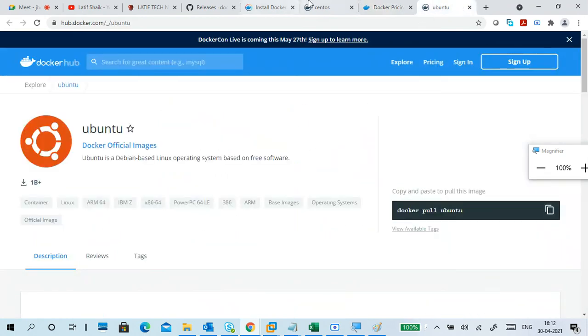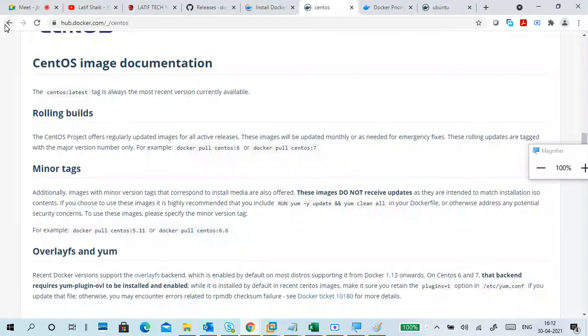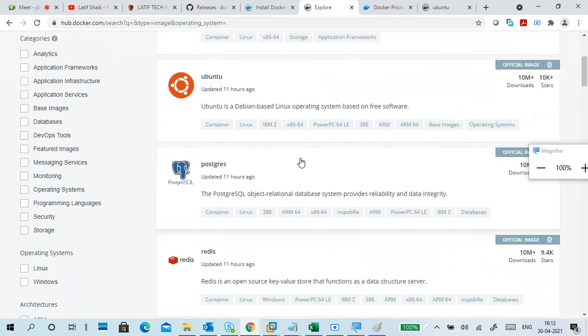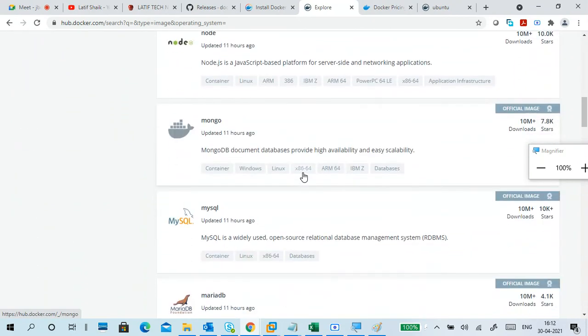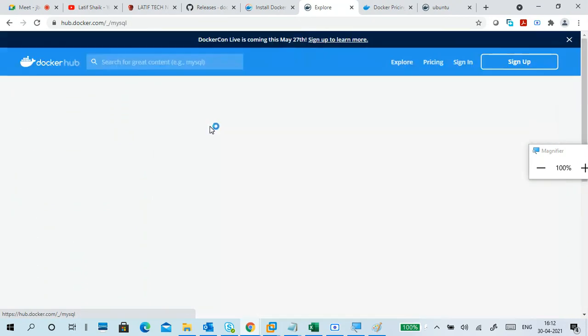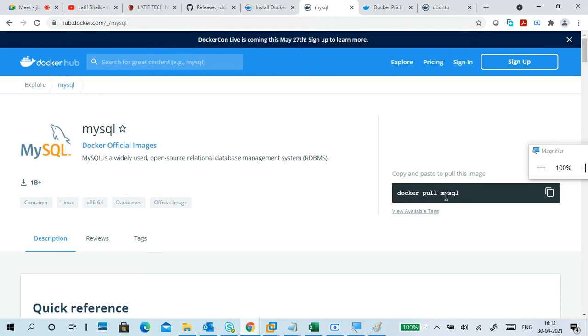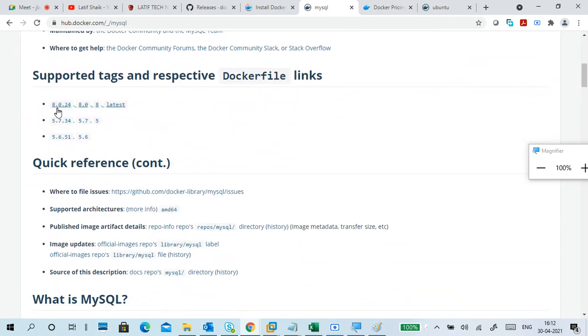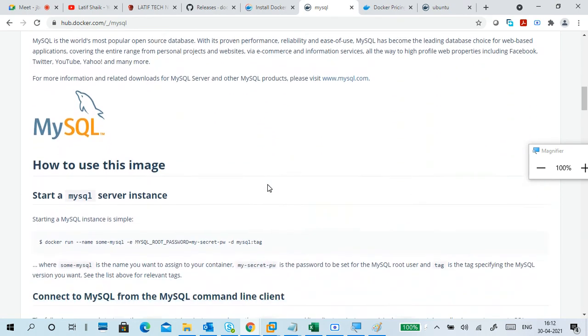For example, this is CentOS I went to, right? So I'm canceling this Linux. Say I want MySQL or MariaDB. You have to pull it, but how to connect to it and use it, or connect to a particular version, you also have to mention.